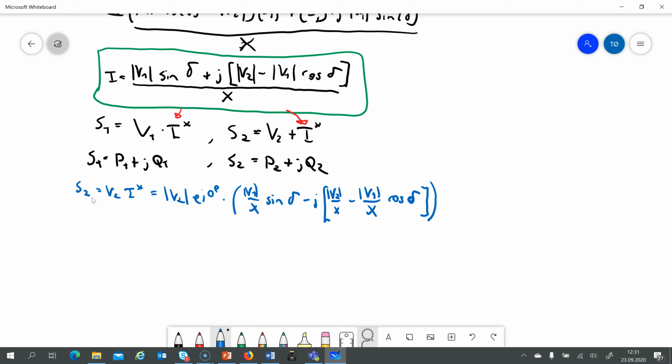V1 over X sine delta, V2 over X, V1 over X cos delta. So we write it as S2,